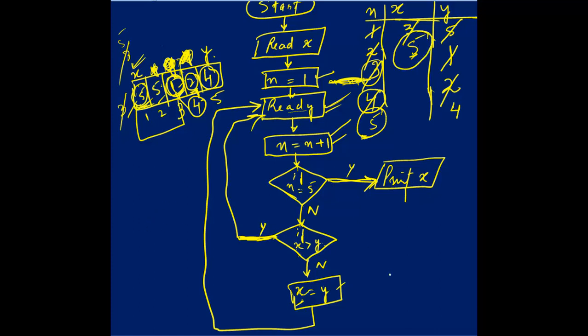So my array was like this. The first element was 5 this time, new array. First element was 5, and then 5, then 1, then 2, and then 4. You can see like this. Out of this, 5 was greatest, and I have printed here the value of x, that is 5. And after that I will stop. Okay, so I will stop here.